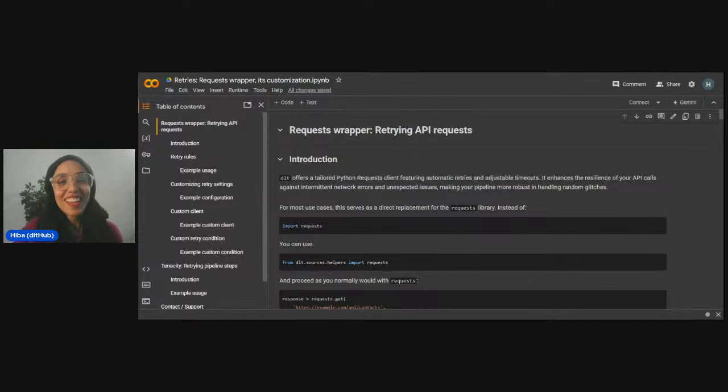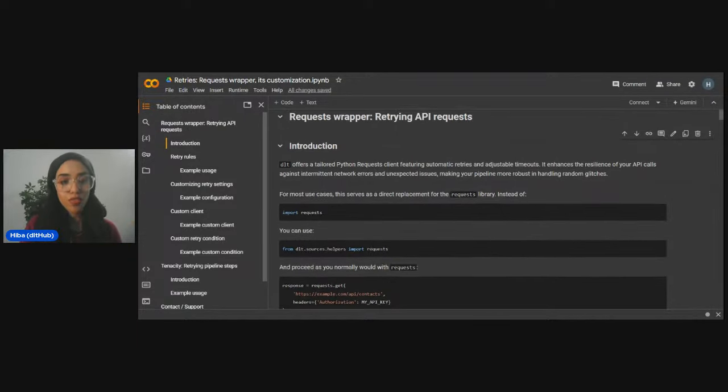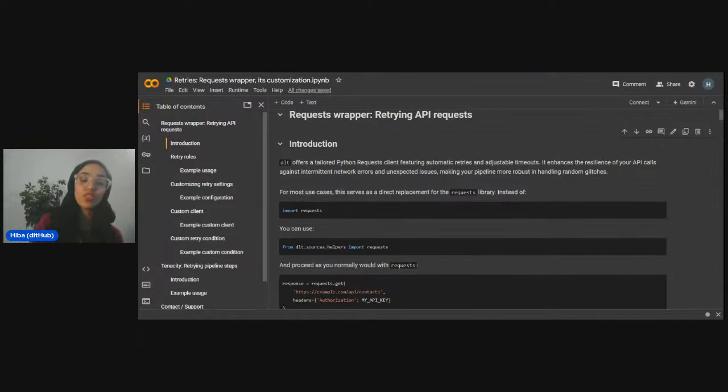Amazing. Thank you. So first, we'll be going through the request wrapper because that is what we will be using to retry your API requests. Yeah. So an introduction. For most cases, we usually use the requests library in Python on its own, and it obviously serves our purposes, which is why we keep using it. But in order to enable some additional functionality within your pipelines,